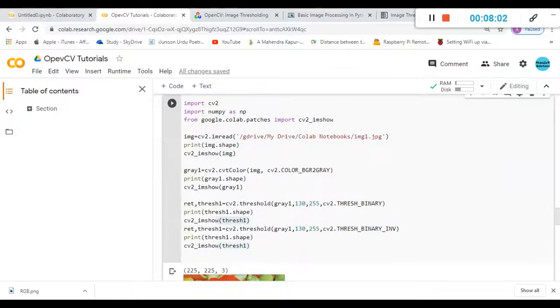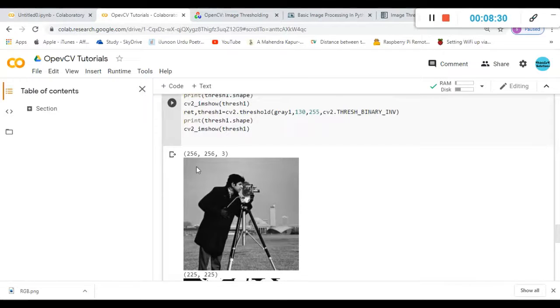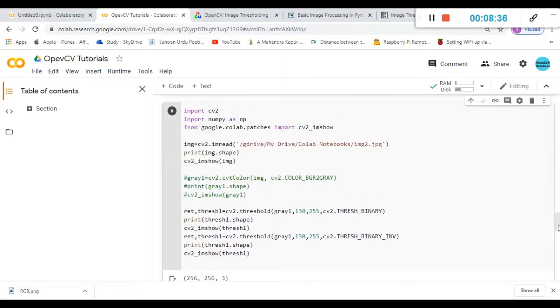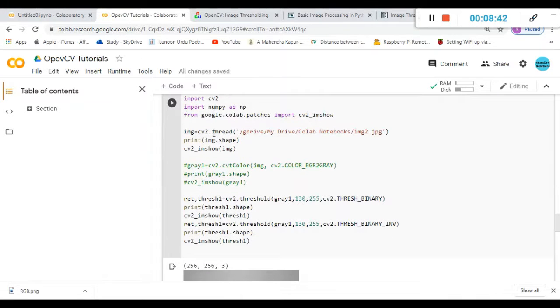Let me use another image. Let us say I have another image which is already a gray image, I'll use that. Because the image is already gray, I'll not convert it into a gray image. I'll just comment out these lines because my input image is gray. Let me run it now. Let us see what the input image is. So this is the input image with size 255 comma. I think I'm just printing that out. You can see that it has not changed, right?